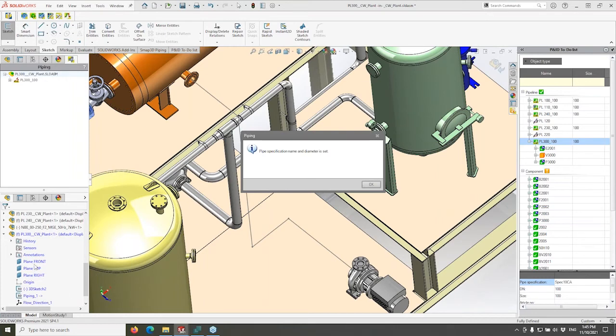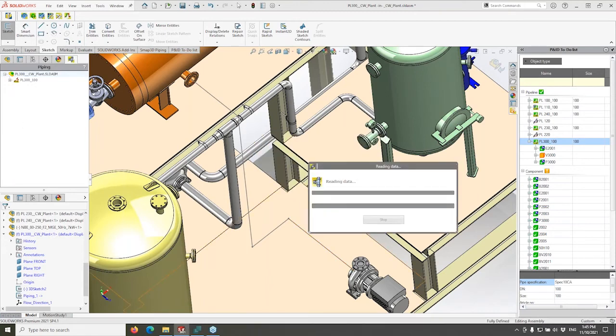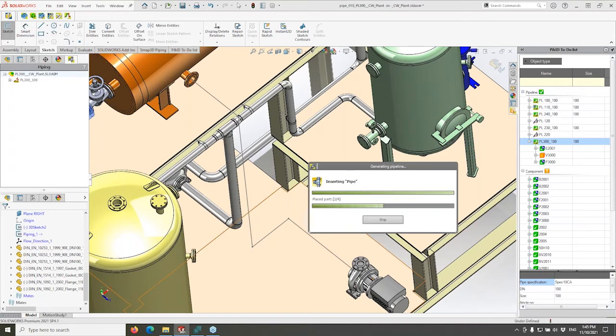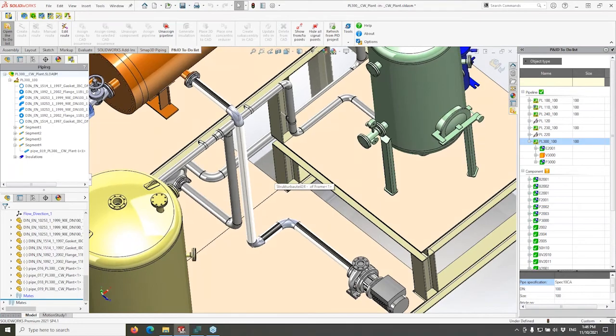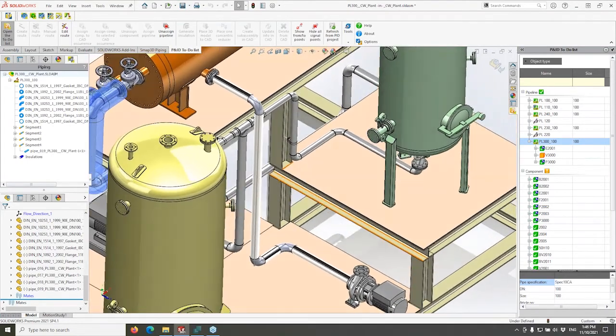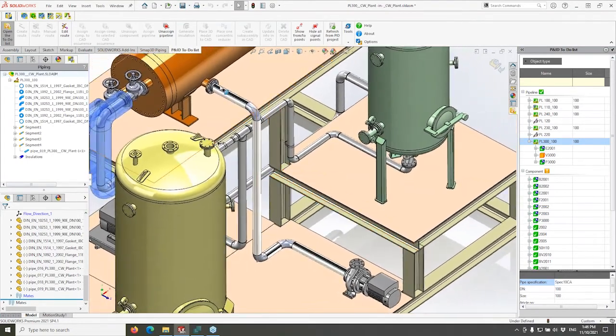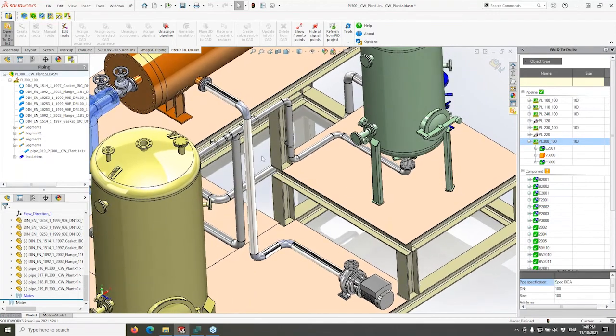And one thing that I forgot to point out before I click OK right here is that, actually I did point out that it was a blank empty assembly, no mates or anything. And so when I say okay, our piping engine is going to kick off and build the assembly for me. So really the only thing that I've done in SOLIDWORKS was I placed the pump and made it into position. It told me what 3D model, and I drew the path of how it gets from point A to point B. And then the SMAP piping engine did all the hard work for me as far as putting in all of the